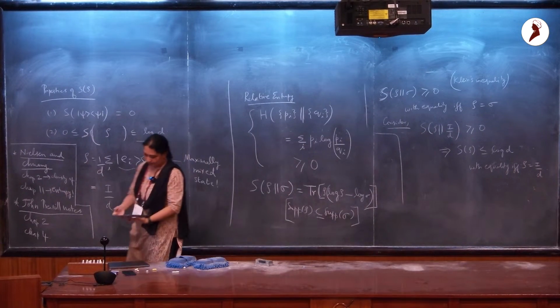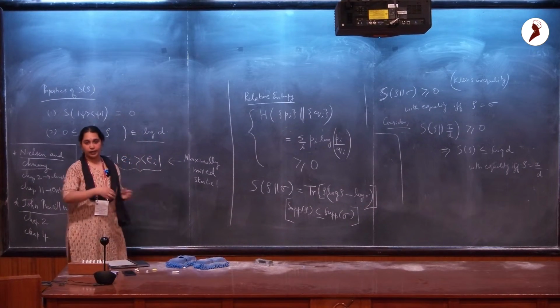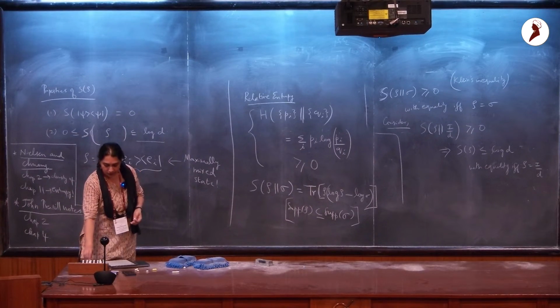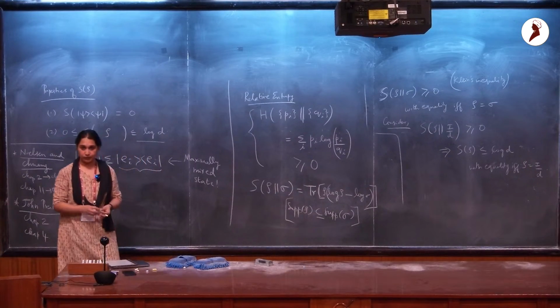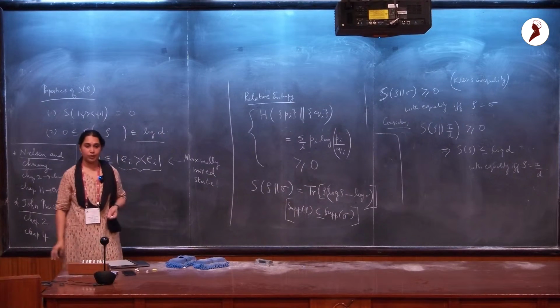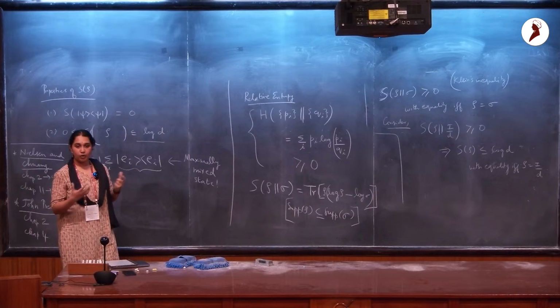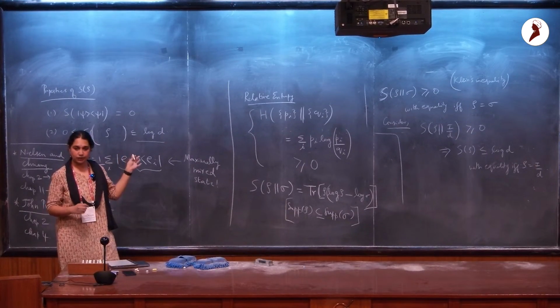Okay? So I wanted to introduce this entropy before I move on to talking about bipartite quantum systems, because very soon I want to talk about what's called the subsystem entropy, okay? And then questions like additivity and so on will naturally come into the picture, okay? So I'm going to now move on and talk about how do you describe bipartite quantum systems and start talking about product versus entangled states. Any questions on this part?